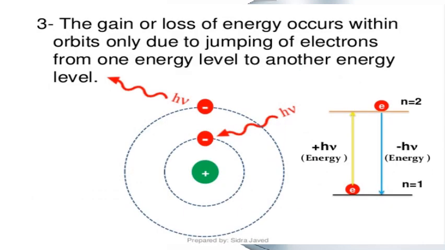Now the next one is: the gain or loss of energy occurs within orbits only due to the jumping of electrons from one energy level to another energy level. This is what I was saying. अब देखें, this one electron, ये जो फर्स्ट शेल में है, अगर इसको जाना है अपर शेल में यहाँ, ठीक है।